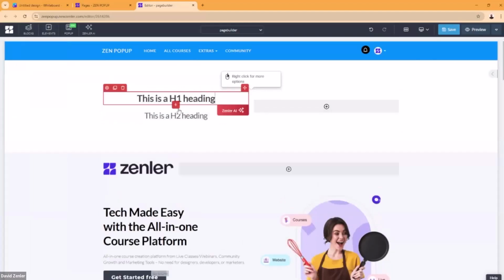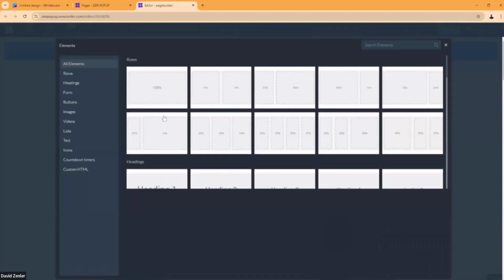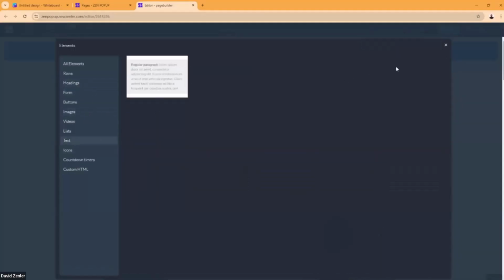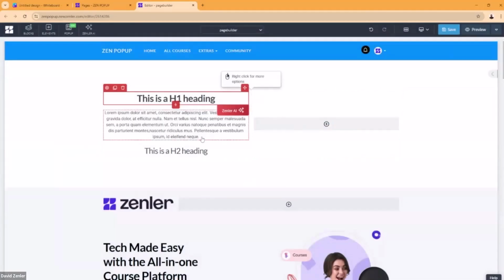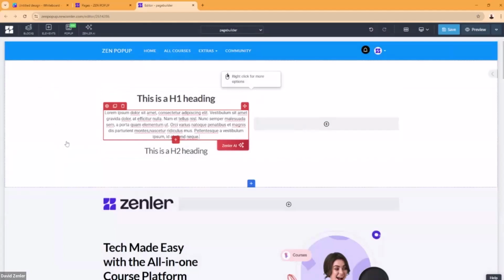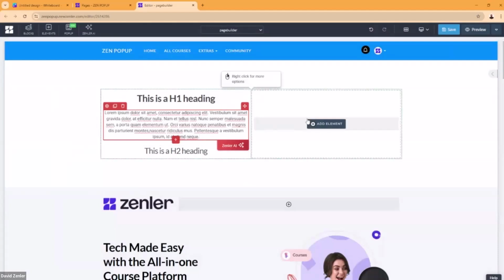But doing it like this is so much quicker, because bang, it comes up. You can select which ones you want, a bit of text, drop it in there, and it's just much, much quicker. All right, so that is definitely for you. So understand that we have a blue block, green rows that you can split up into columns. The elements are red and they go inside. Okay, so that's how that works.